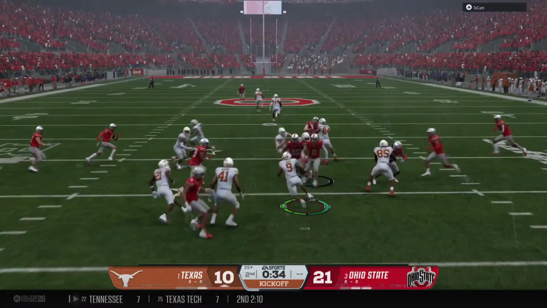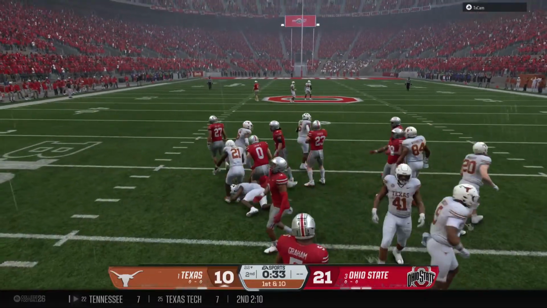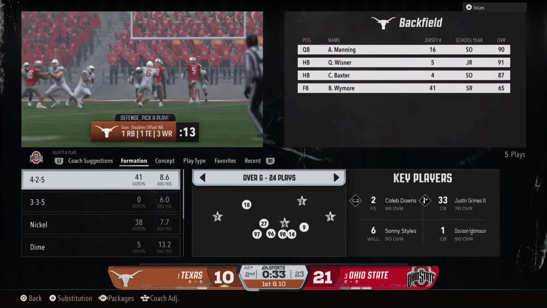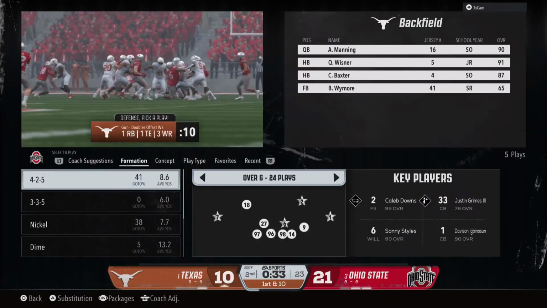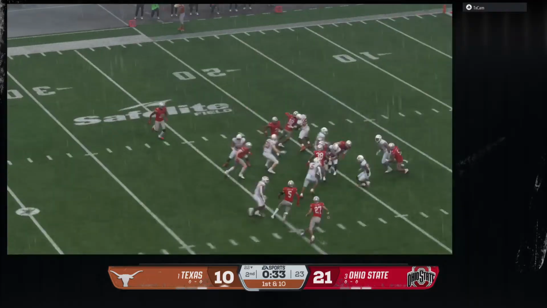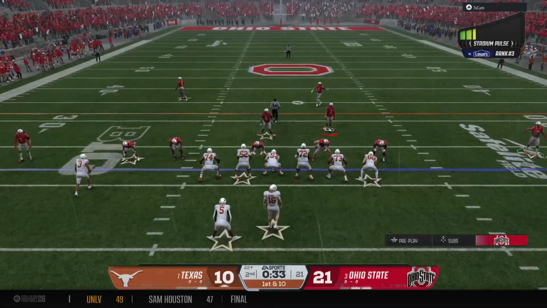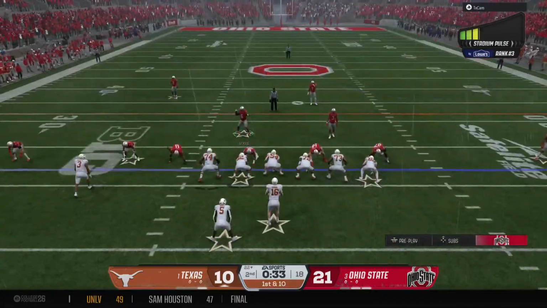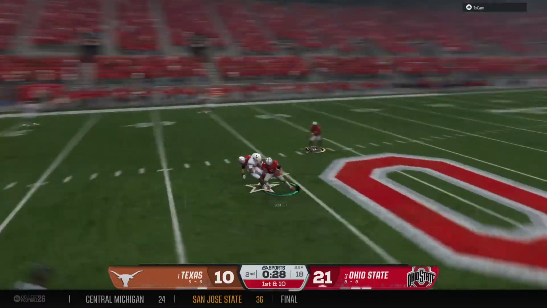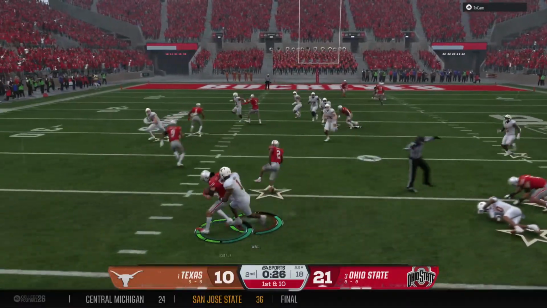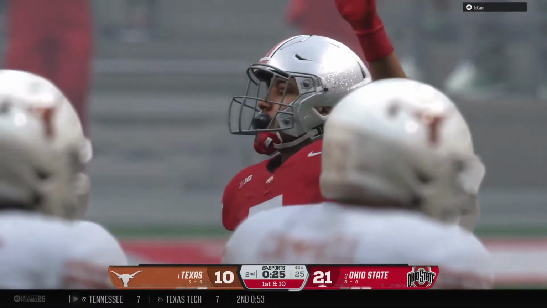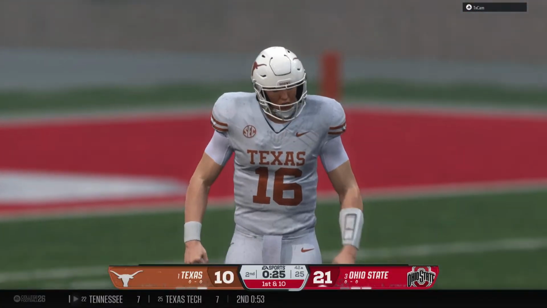Fields it just outside the goal line. Tackled at the 22. Good job by the coverage team. And the Texas offense will take over 1st and 10. Offense out for the first play of the drive, beginning at the 22. To throw, it's Manning. Bringing pressure. And it's picked off. He throws it right into double coverage and pays for it. Not much on the return there, but a great interception to give the offense the football at the 42.